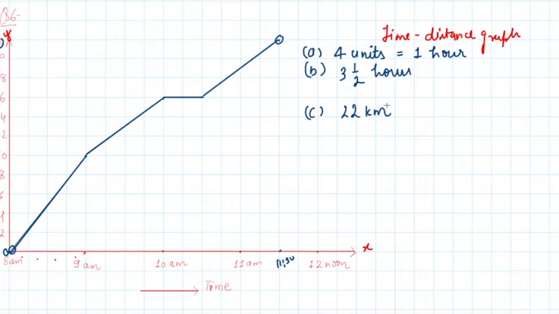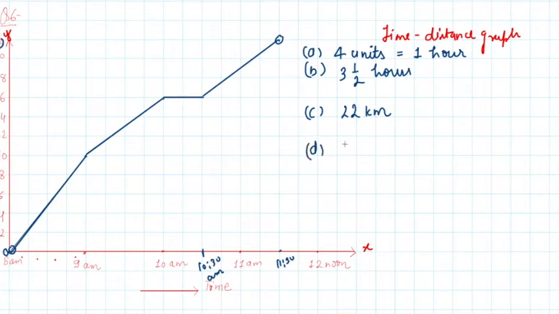Did the person stop on his way? Explain. So if you see, from 8 to 9 am, it's increasing. Then 9 to 10 again increasing. But from 10 to 11, if you see, it's a constant value. It means time is increasing. Corresponding to this time is how much? 10:30 am. Right? So from 10 to 10:30, there is no change in the distance. It means the courier person stopped on his way. Right? So what can we write?